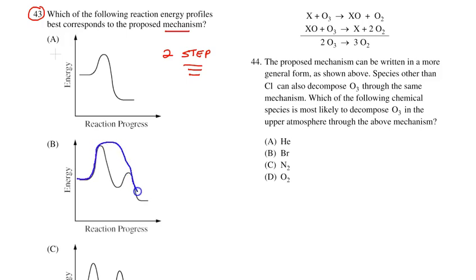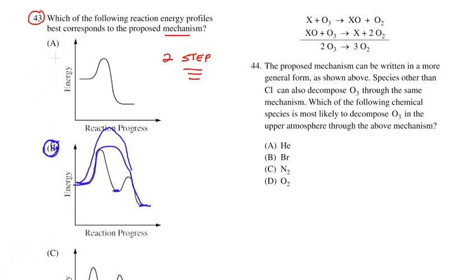Sometimes it'll be shown like that, and sometimes without the catalyst it would look higher and then come down. These individual steps lower the overall cost to start the reaction. B is the best answer because you can see that going high to low, it's an overall exothermic. So thinking about why B is the best answer, notice this doesn't take into consideration the 2 individual steps that